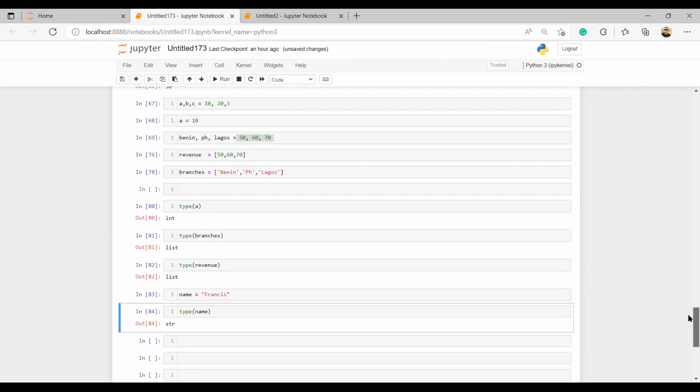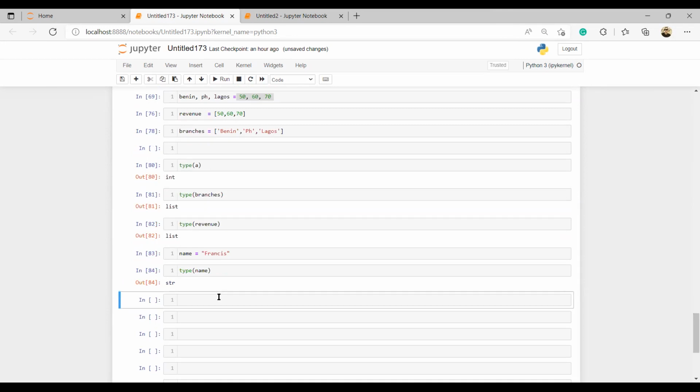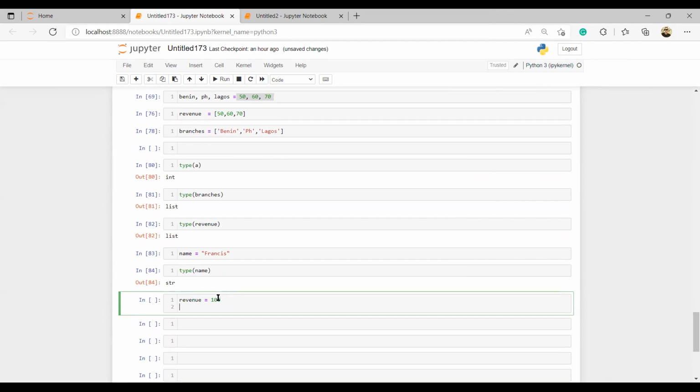Why is this important? Look at this. Let's say we have revenue equals 100, and cost equals 80.